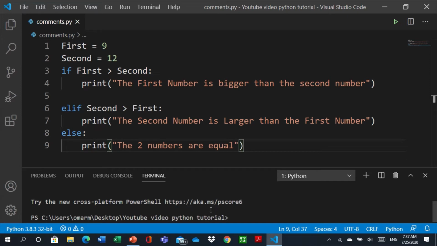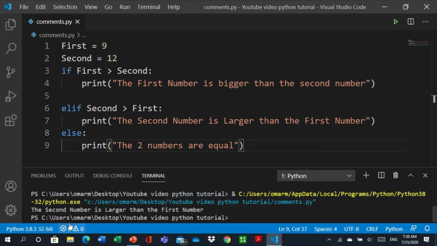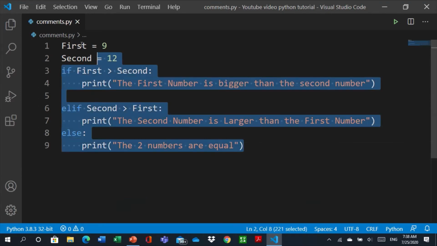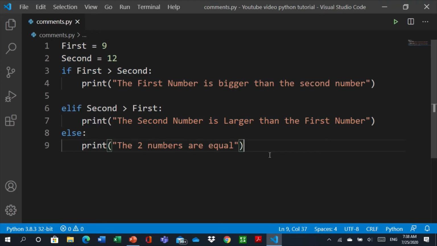So, it's successful, no errors and no issues. Okay, first let's create our comments. There are two ways to type your comments. In the line of the code, for example here I'm creating a variable, and this is the line of the code. So maybe I'll put a space and a hash,